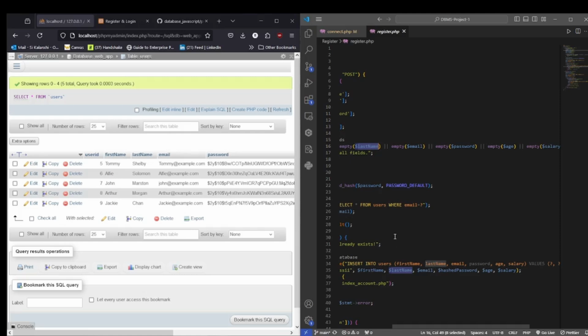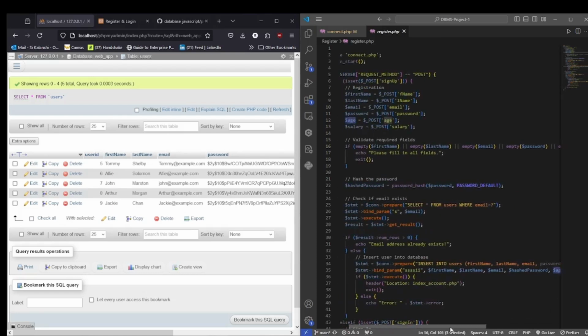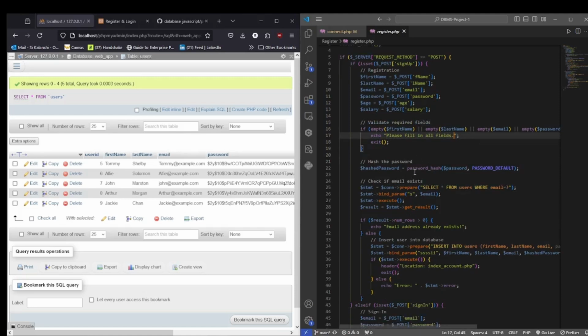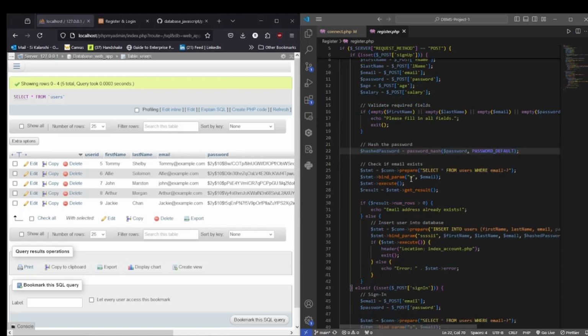For the tables, the ones that's supposed to see the user ID, the email, password, age, salary, and of course, if you forget any field without typing it, it's going to show to fill all the fields. And then hashing the password, and then check if you are registering with the same email from another user that, for example, Alfie Solomon, user